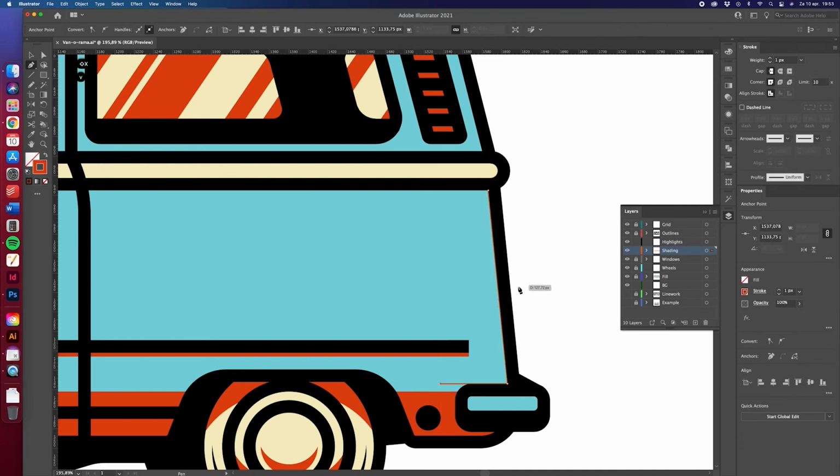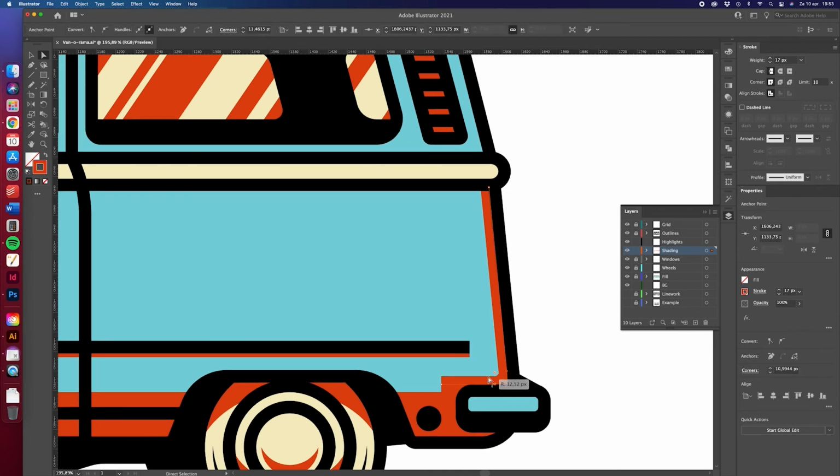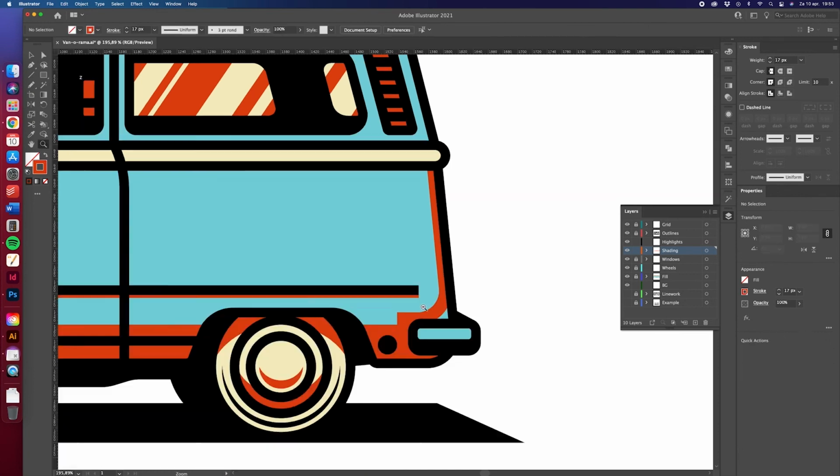I'm going to increase the weight of the line. And I'm going to bring it up a bit more. What I'm going to do is round this corner, so shading is a bit more organic, and